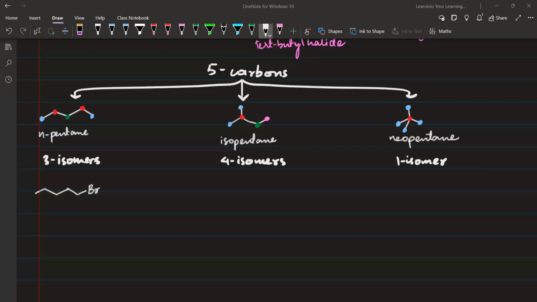Sufyan, I'm looking at your answer. One request to all the children: please send the photo in portrait, the phone should not be turned sideways, try to send the photo straight. N pentane, correct, correct, and correct. For isopentane, you have correct, correct. I can't see the fourth one. If you had drawn one below the other, it would have been better. Neopentane one is fine. Neopentane halide is fine. Waiting for others, very easy. It's not very tough, guys.